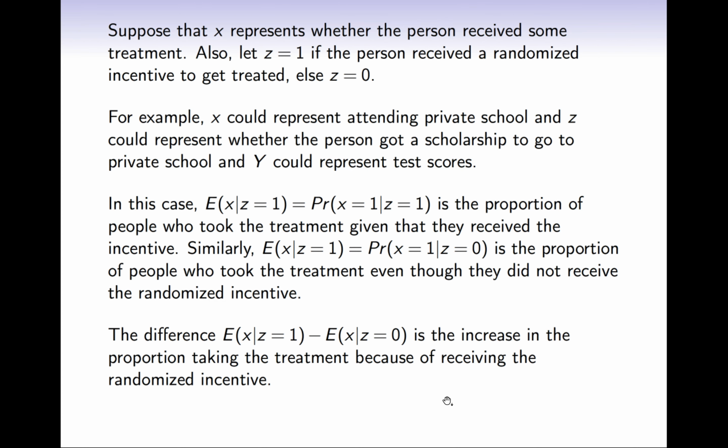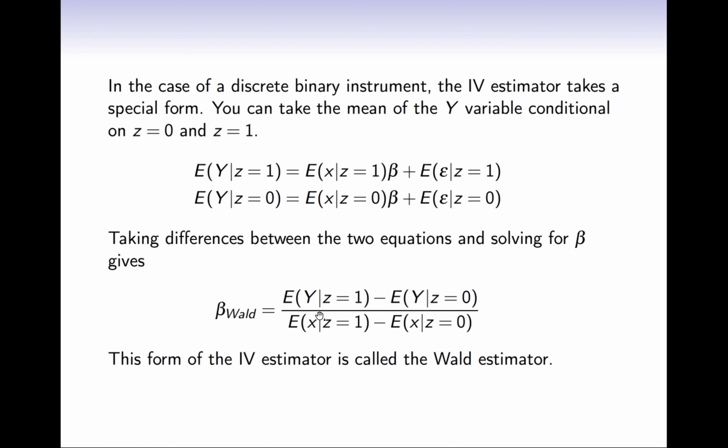Okay, so that's an example. And there have been a lot of experiments like that where they give some sort of randomized incentive to try and encourage people to take some treatment. Like, for example, there was an experiment which tried to get people to move to low poverty neighborhoods. And they randomly gave some families a rent voucher that could be used in a low poverty neighborhood. Okay, so there, we'll talk about this further later on in the class, but